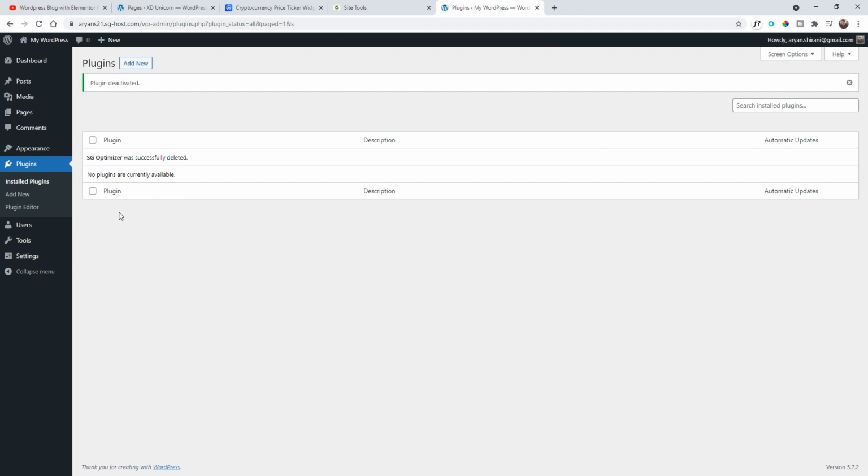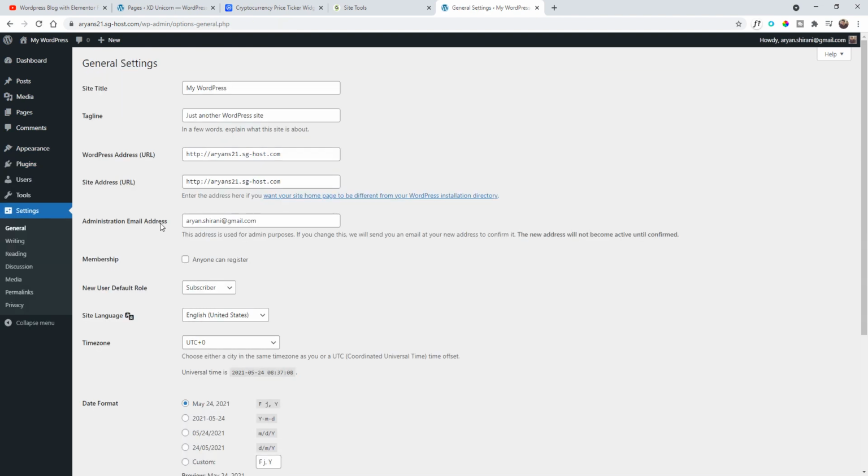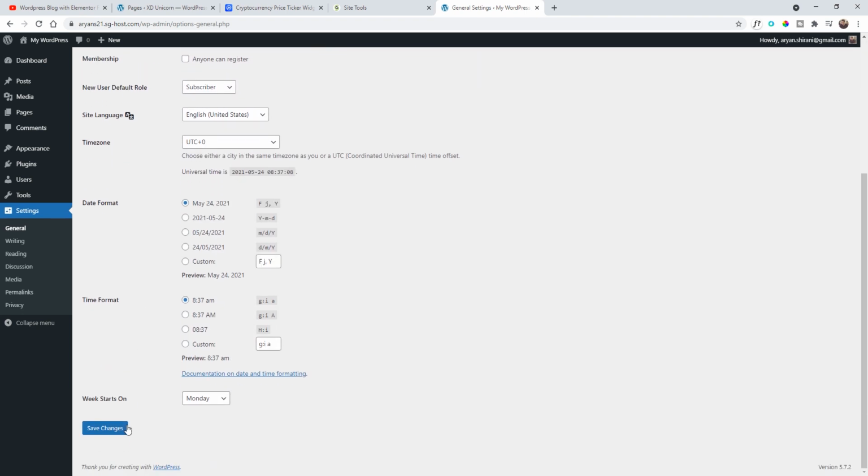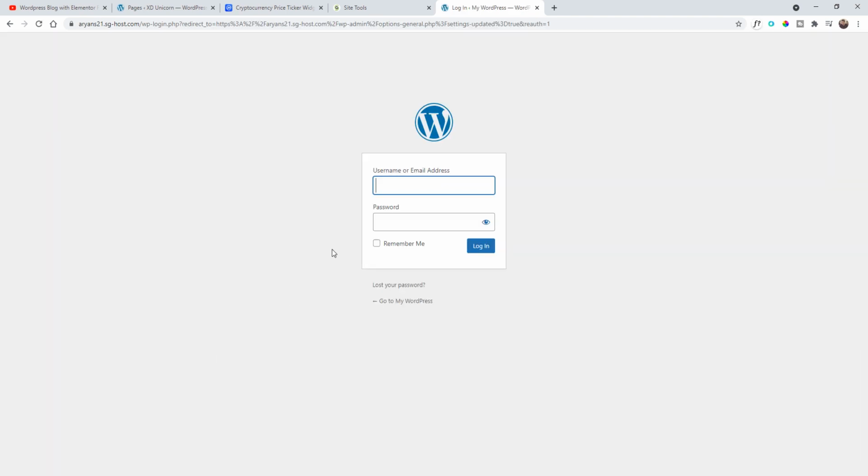So now I need to go on settings, general, and just click here and add an S. So I'm going to add an S here and save everything. Cool. Now everything will be secured. As you can see, there is a little lock here, which means that the website is secured. So I'm going to log in again,